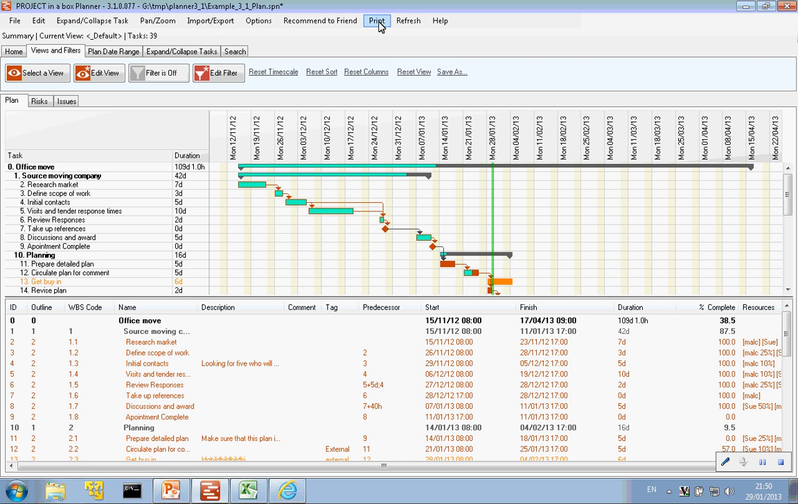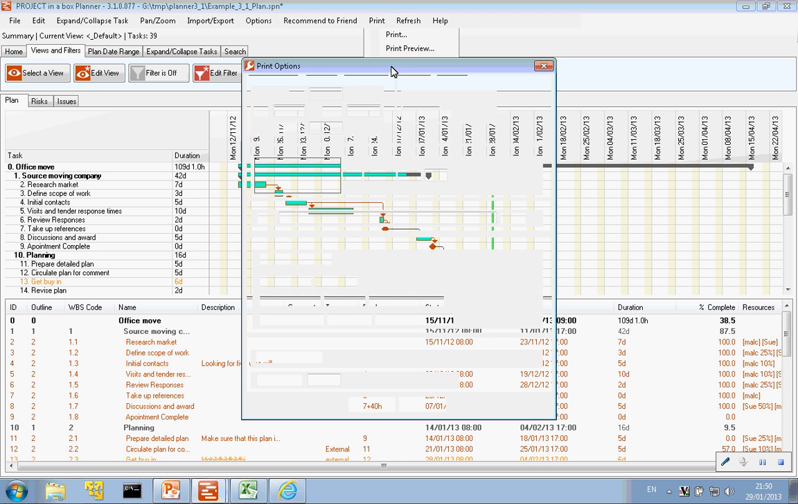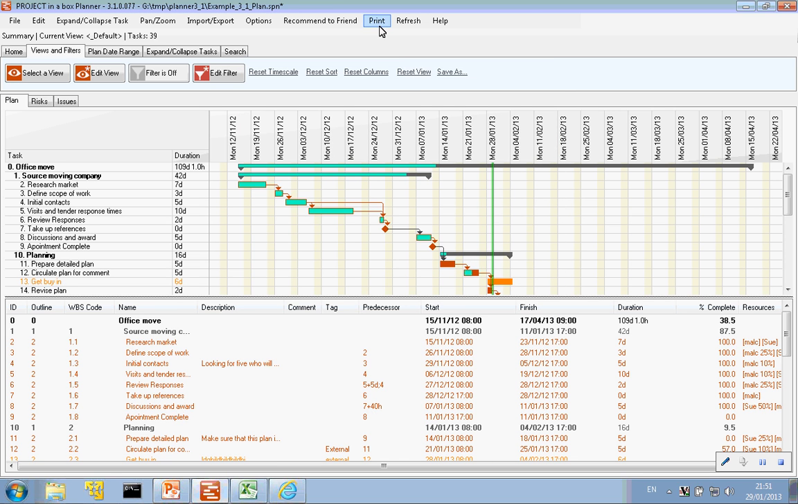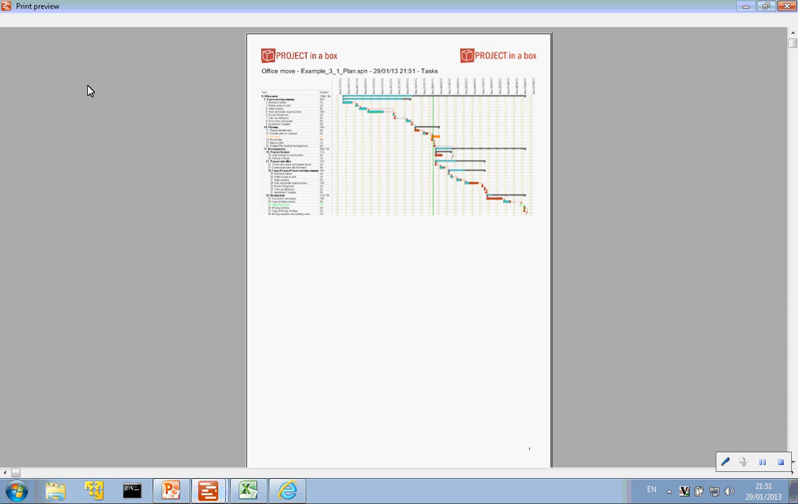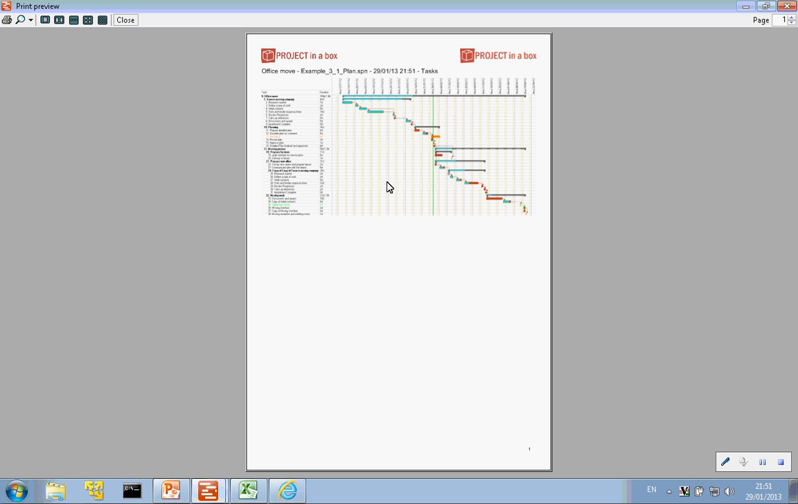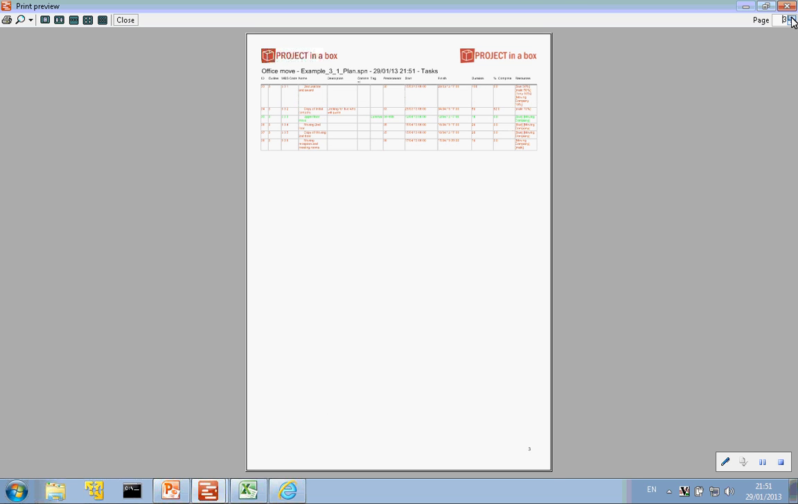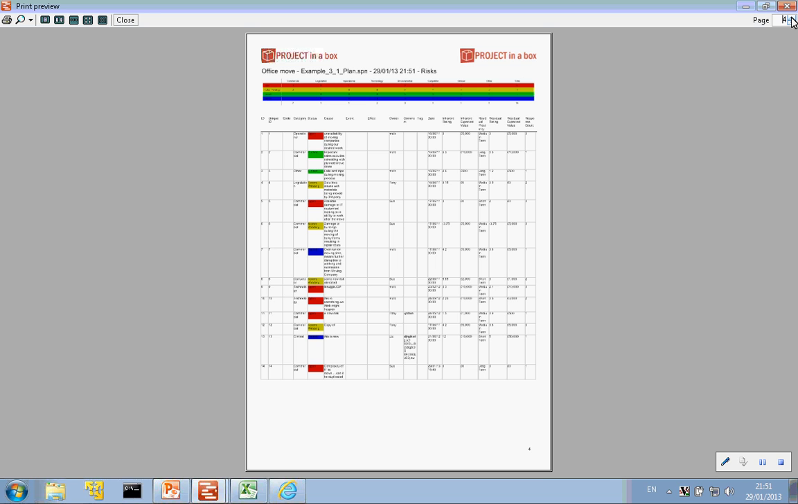Now, if we go back to our options, and instead of the current view, select everything there, and let's put some grid lines in as well. Now, when we do our print preview, we've got 6 pages, much bigger report layout. So we've got grid lines. We can see a little bit better what's going on in our task list area there,